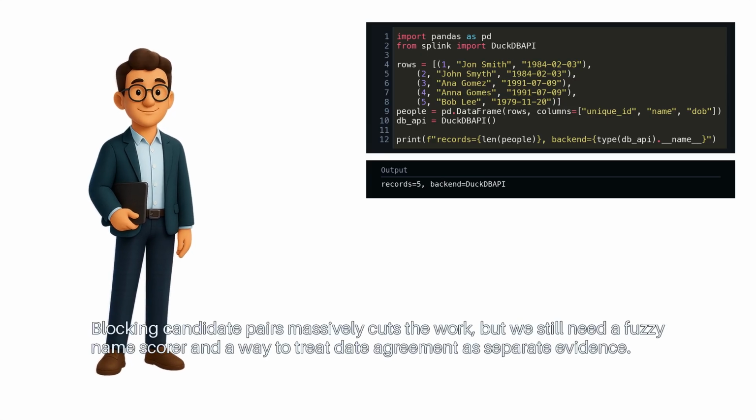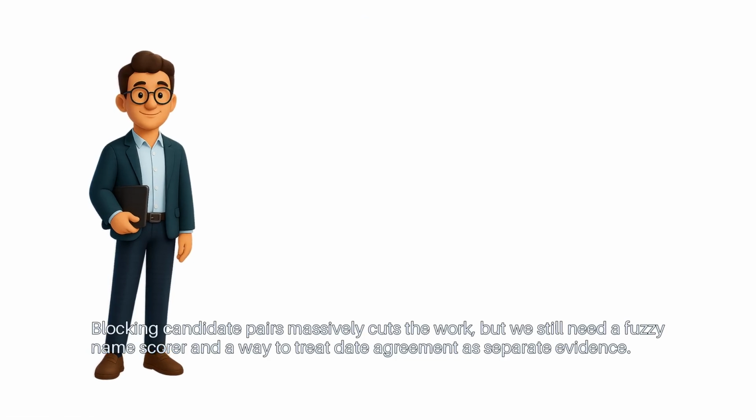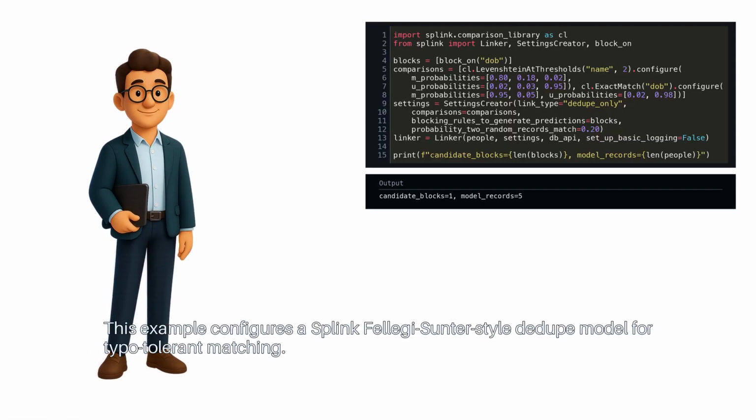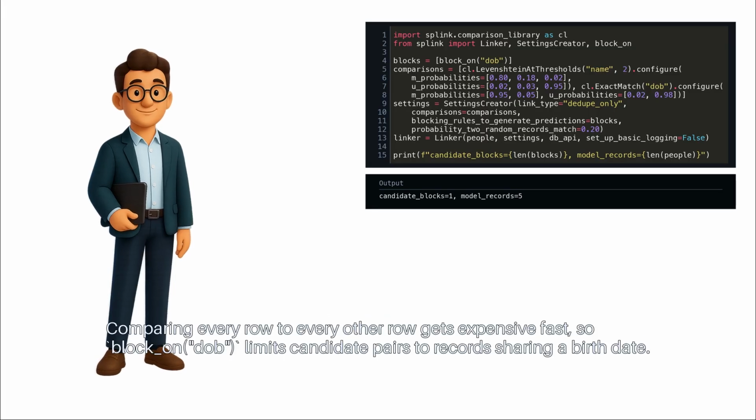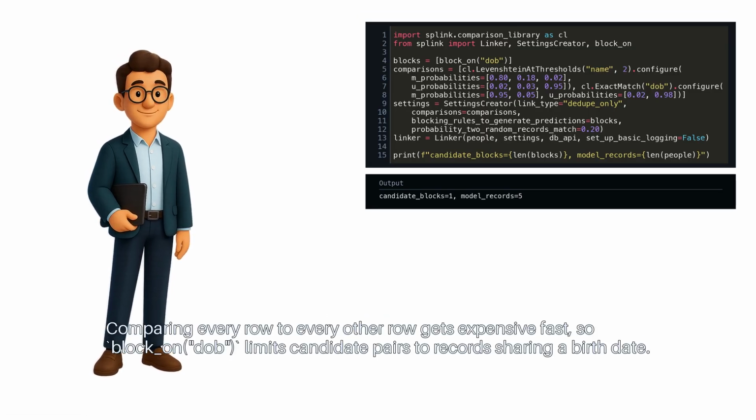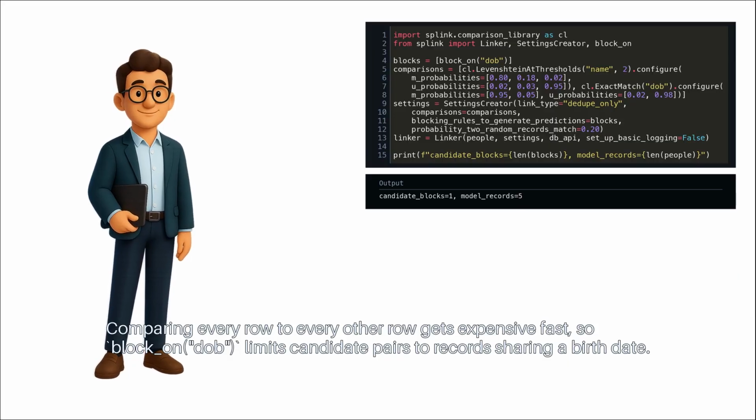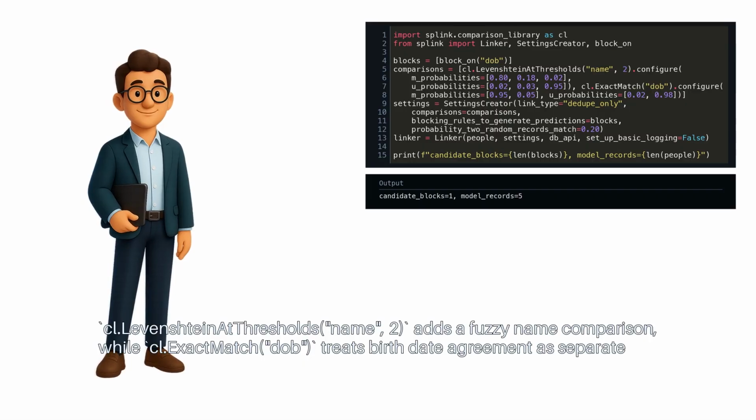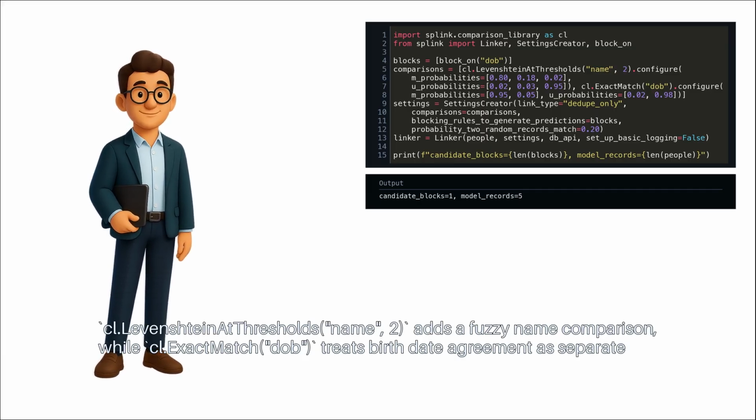Blocking candidate pairs massively cuts the work. We still need a fuzzy name scorer and a way to treat date agreement as separate evidence. This example configures a Splink Fellegi Sunter style dedupe model for typo-tolerant matching. Comparing every row to every other row gets expensive fast, so block_on DOB limits candidate pairs to records sharing a birth date. Levenshtein at thresholds, name 2, adds a fuzzy name comparison, while exact match DOB treats birth date agreement